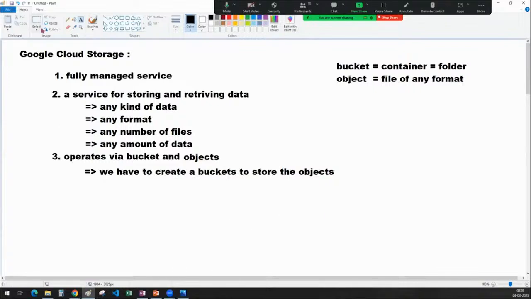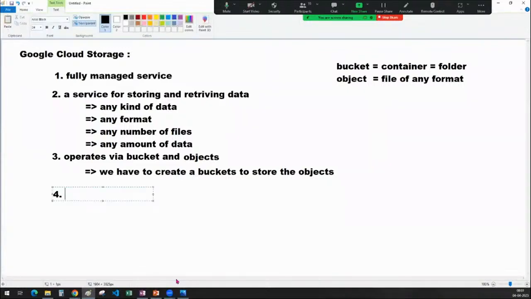Sir, so far everything seems good. The fourth point I want you to understand is that Google Cloud Storage allows worldwide storage and retrieval. Okay, what does that mean, sir? One more basic concept is coming. You have to understand there is a concept of region,